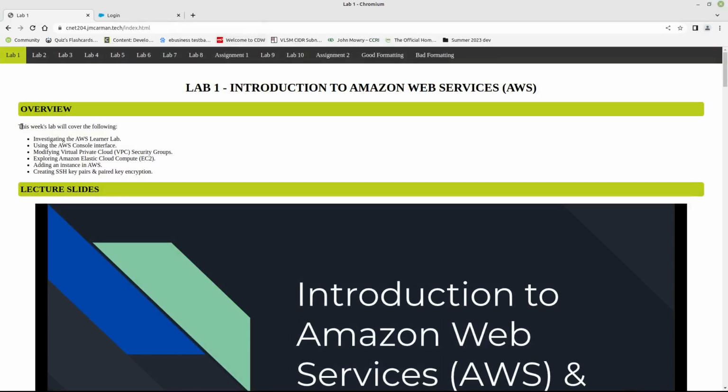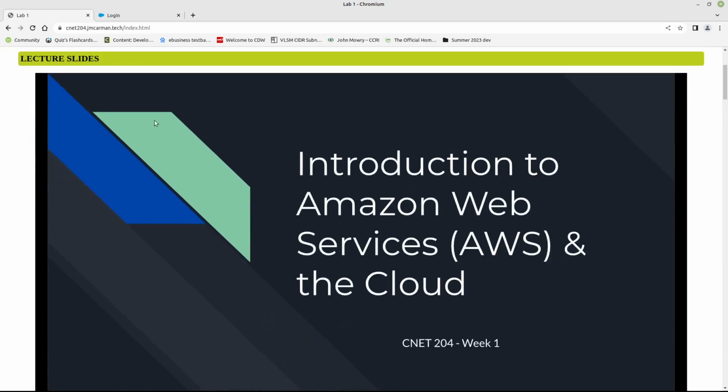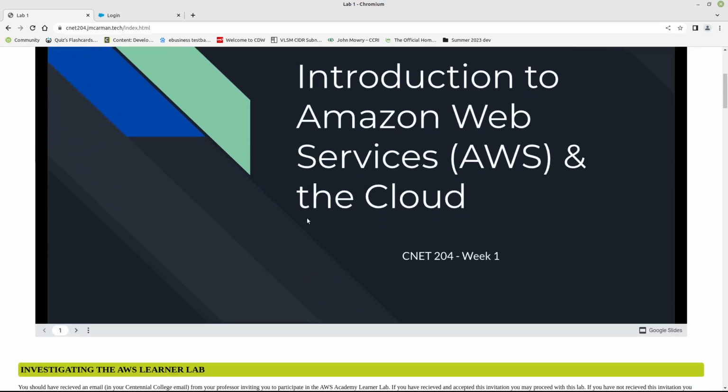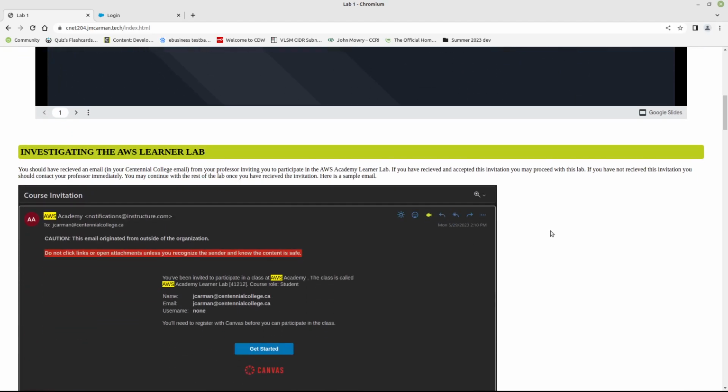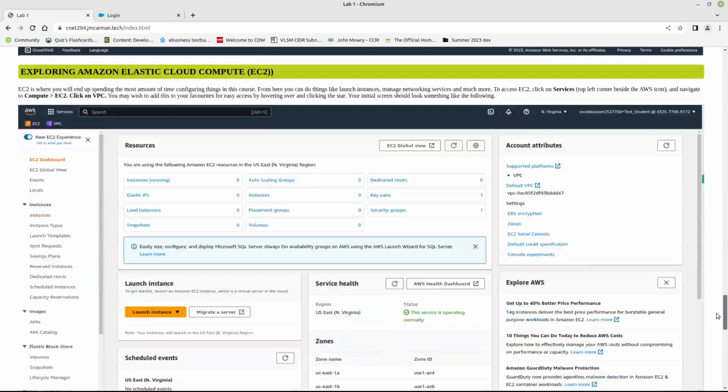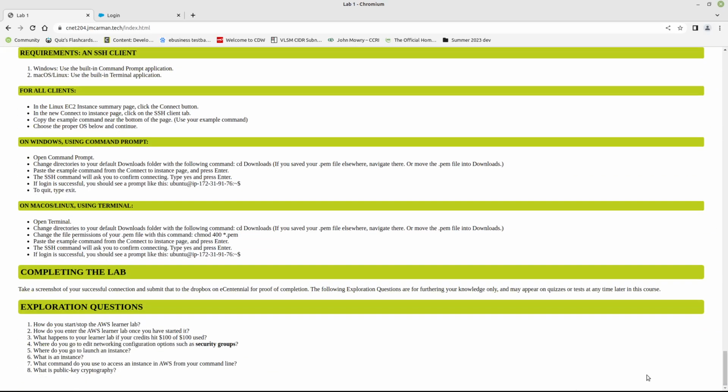So each lab is structured with an overview. You've got access to the lecture slides embedded, which is pretty awesome. And then we're just going to jump right into everything. And I should mention again, I'm just going to jump to the bottom for a second. There's exploration instructions and lab completion instructions right at the bottom. Do follow the lab completion stuff because that's useful. It tells you how to submit the lab,